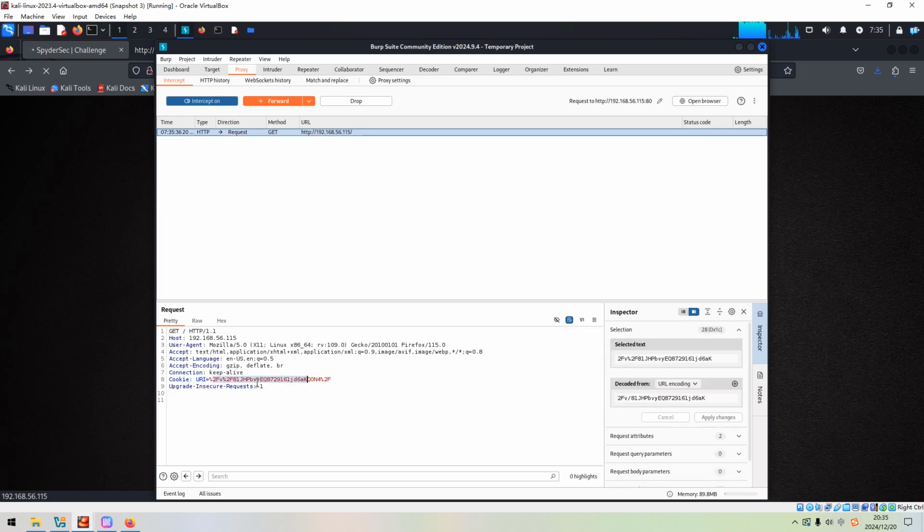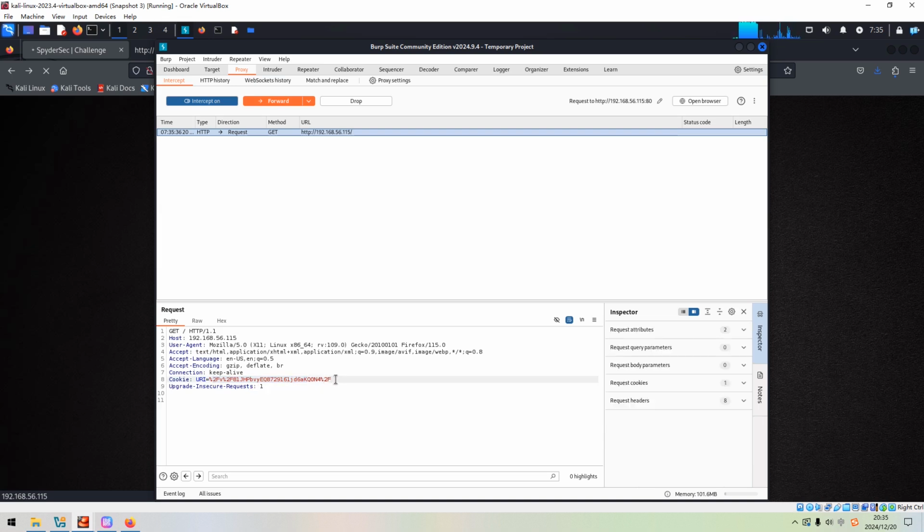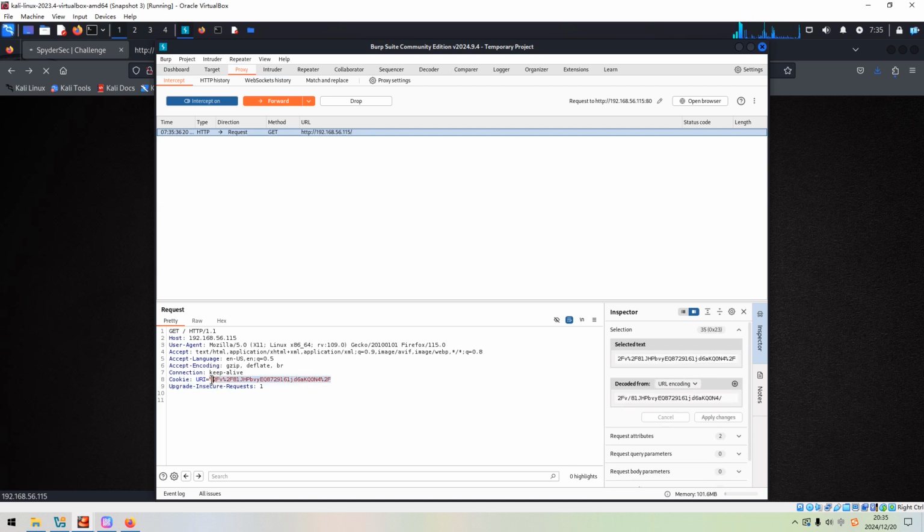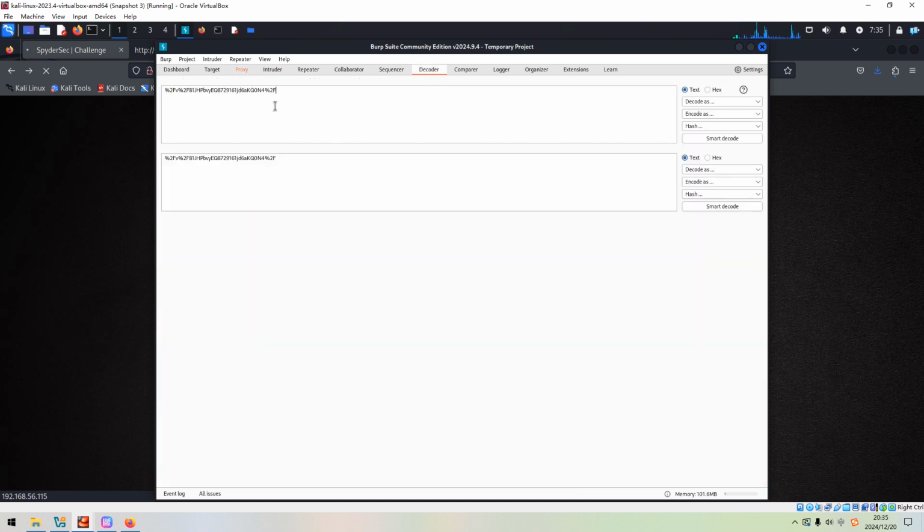The cookie. Although we are not authenticated yet, there is a cookie, and it looks like this cookie is URL encoded. We can copy, and you can use the decoder, paste over here, decode as URL, and then you can get this.